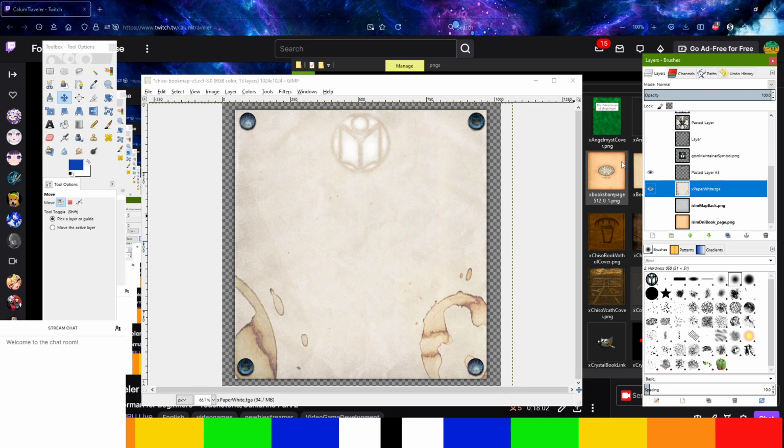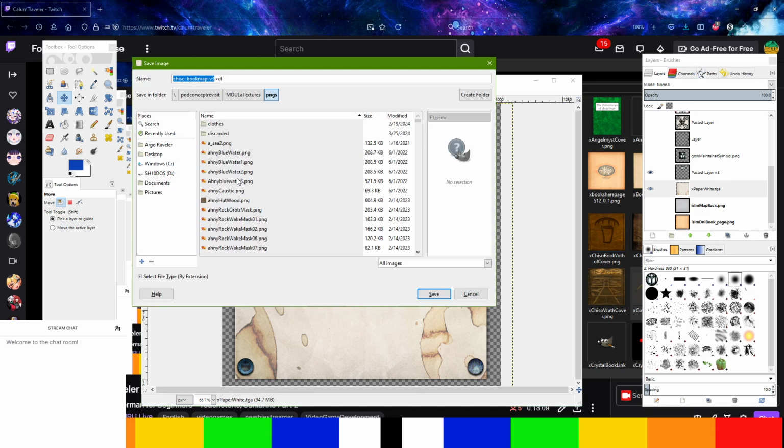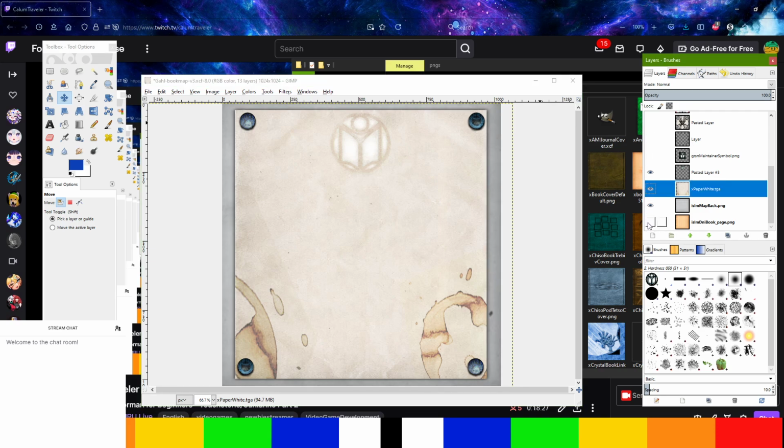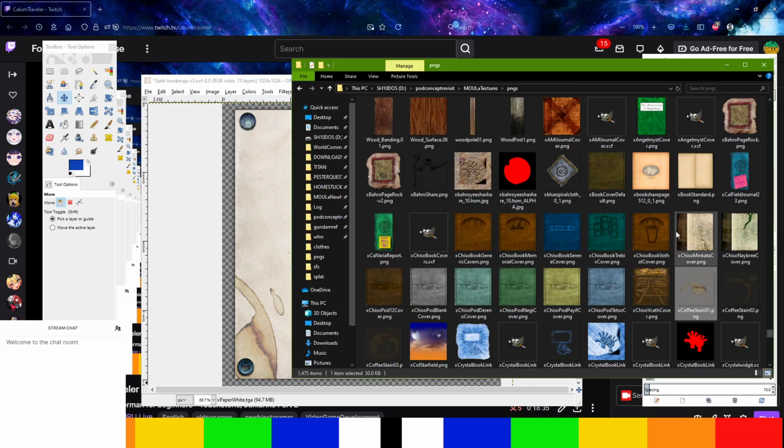I'm just realizing I made a stupid mistake. I'm gonna save this file. Save as Bookmap. Yeah, I started putting texture stains on here and merging them down on a layer. I did not want to have texture stains on it properly, because I'm a silly Billy. Now if you notice, if I go back to these, you'll see that the texture stain isn't showing up on there now. But yeah, we're just gonna